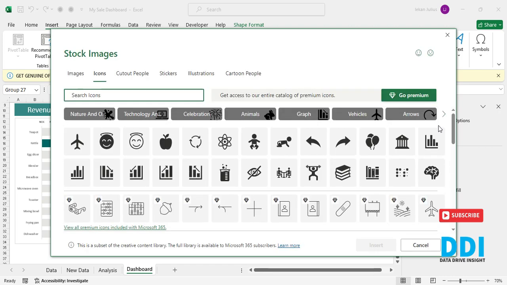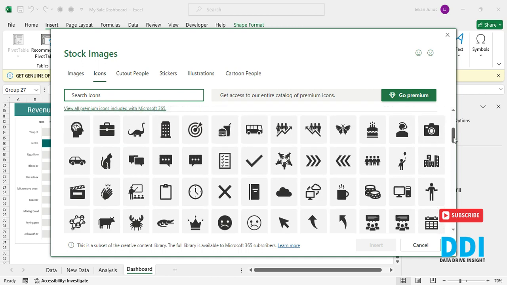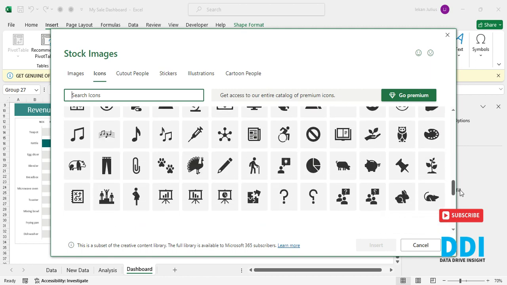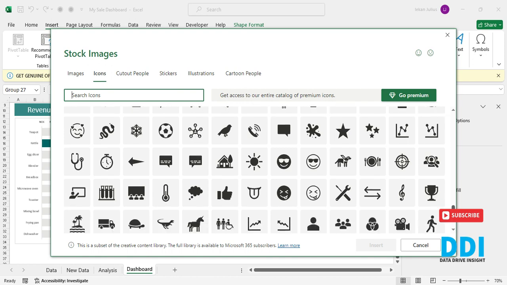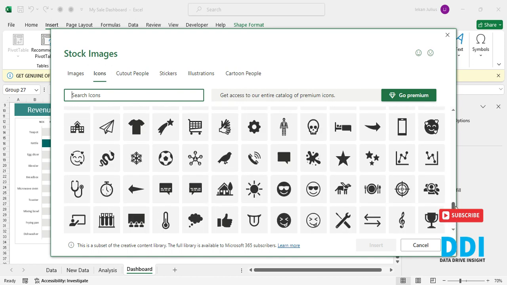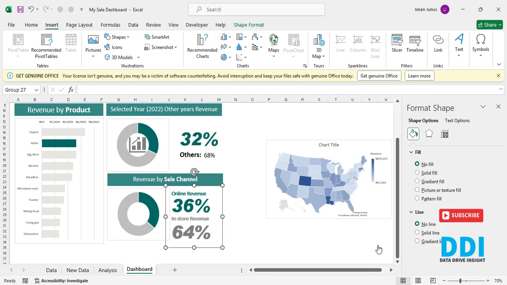And if we can't see that, we try to use something similar. So let's scroll down and check if we can see the icons. You can just keep on checking till you find it. Yes, we can see it. This is the icon. So click on it, then click insert,